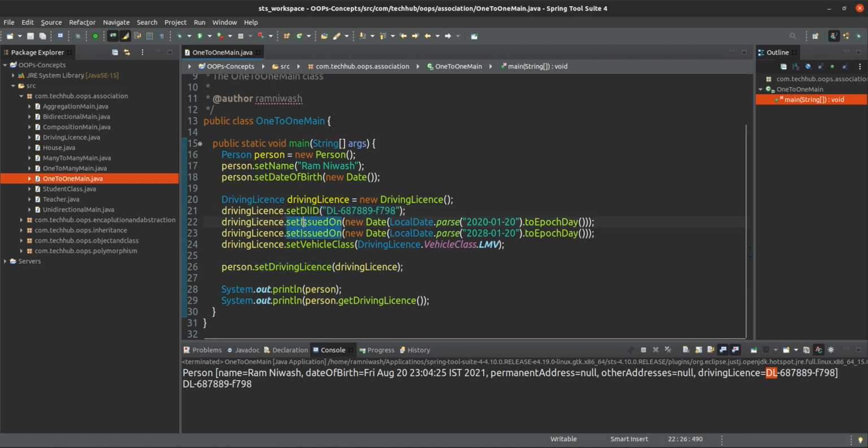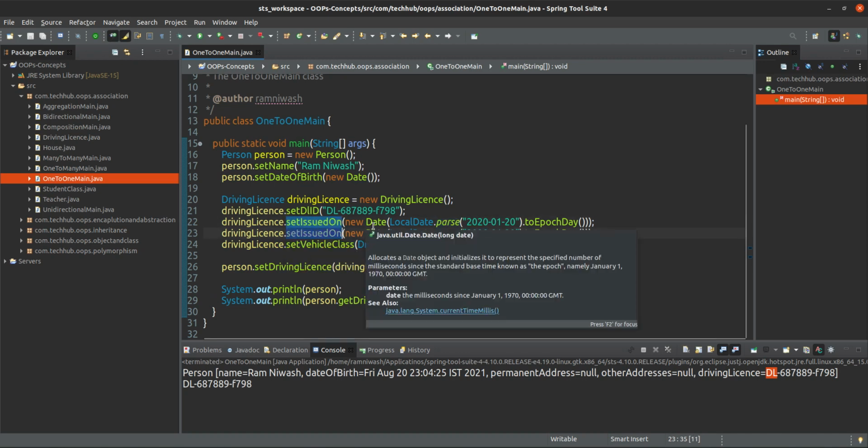We are setting the issue date as 20th January 2020, and it will expire on 20th January 2028. So this is issued on, and this is valid up to.